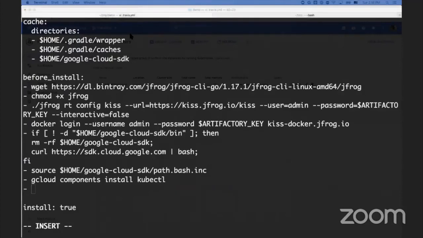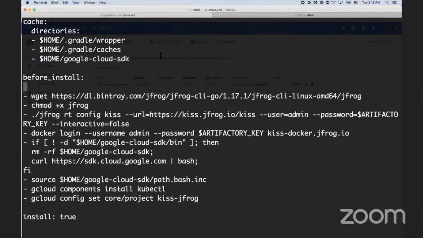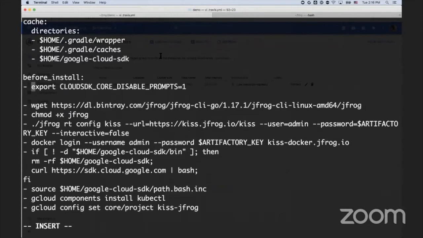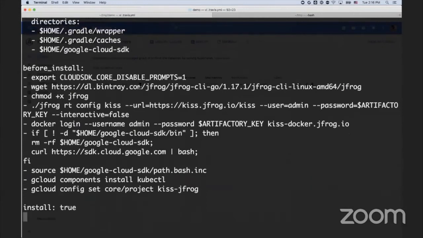I need to, for example, set the name of the project as well. Now, the thing about this is that every time you call gcloud, there could be a chance that it's going to ask you, are you sure this is what you want to do? Of course, in Travis, there's nobody to answer. So what we need to do is export a little environment variable here to disable prompts. What this is going to do is say yes to everything, or use the default value for everything, so that all of these commands don't ask you questions over and over again, right? And then